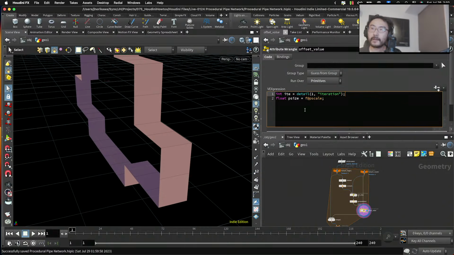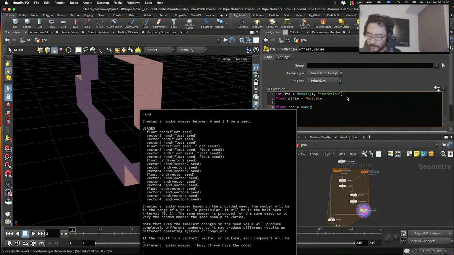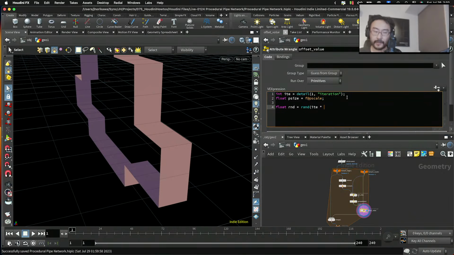Okay, now let's create some random value using this iteration, rand, iteration multiplied by some random value plus seed. Okay, let's change this value a little bit to... okay, and now you get a value in between 0 to 1 here, and I want to convert this into